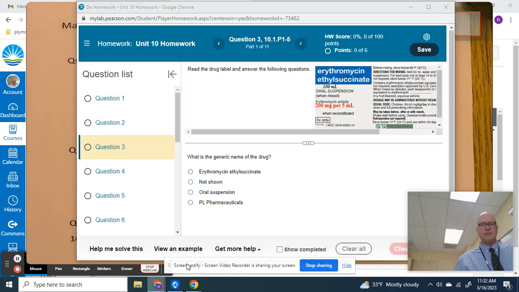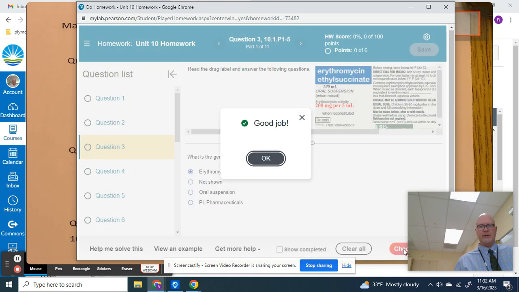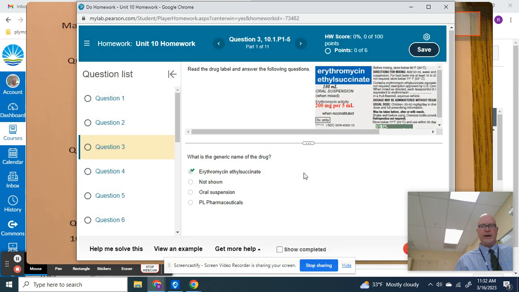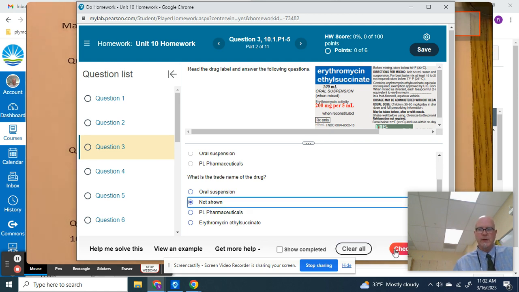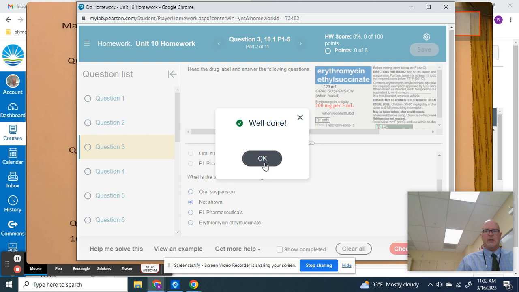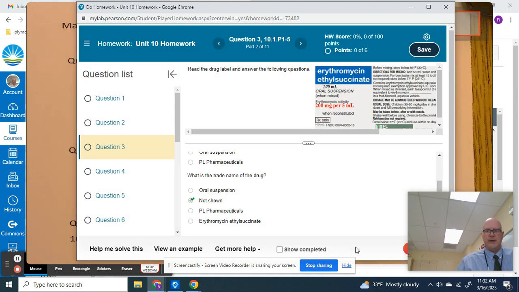So here is an example of Unit 10 homework. Question number 3, we're on here. It says read the drug label. It asks what's the generic name of the drug, and we can check to see what that answer is, and we got a good. And then we go down to the next question, which says what is the trade name of the drug, and it doesn't look like there's a trade name on this unless it's somewhere written in that very small fine print. Okay, so I'm going to put not shown. Okay, so this is the kind of question you're going to be asked to do in